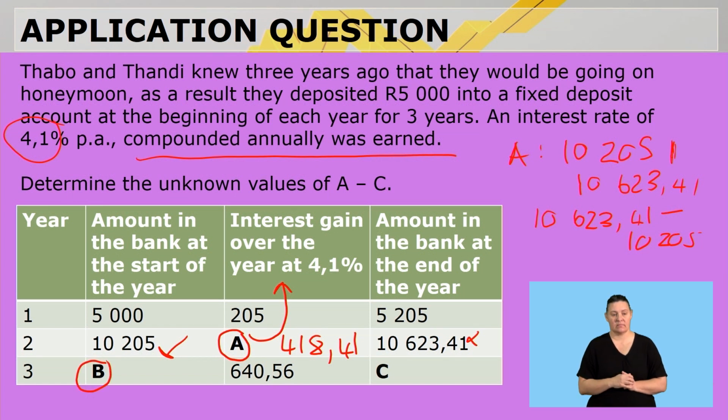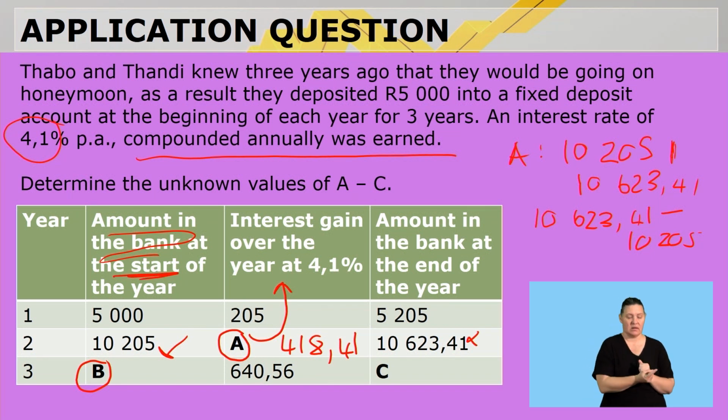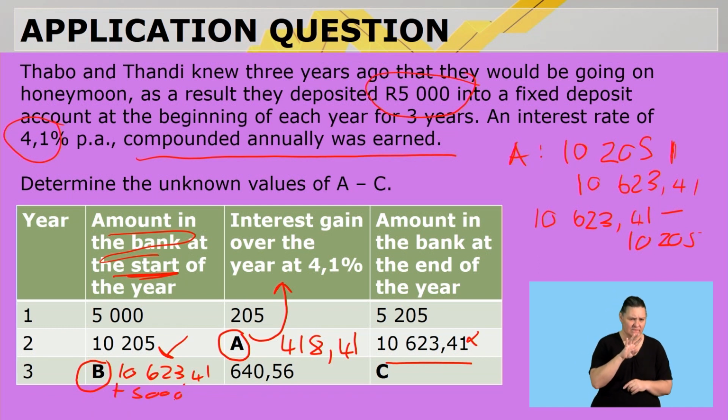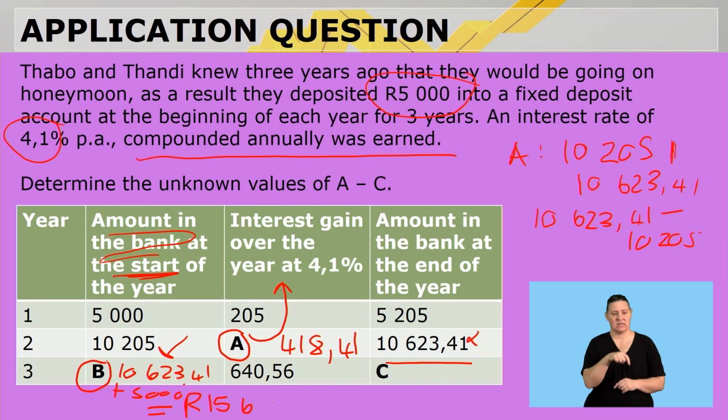Now B is the amount in the bank at the start of the year. Now what happens? Every time at the end of the year, they add another 5,000 Rand. So B is going to be my end value, 10,623.41 plus an additional 5,000. So B is then going to be 15,623 Rand, 41. And then C is going to be B plus the